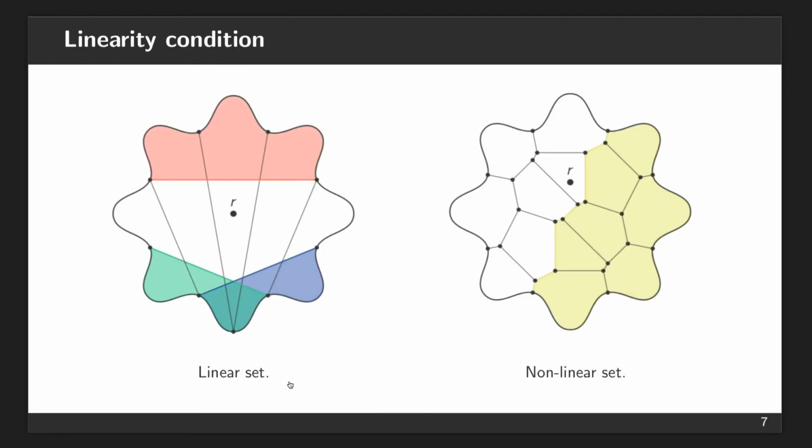Once a barrier is constructed, there will be an area, a region, that is protected by this barrier alone. It doesn't need any cooperation of any other barrier in order to protect some region.